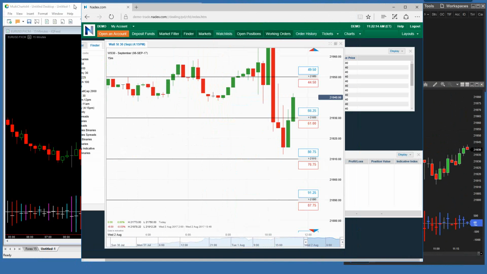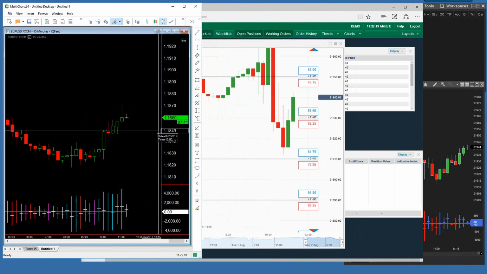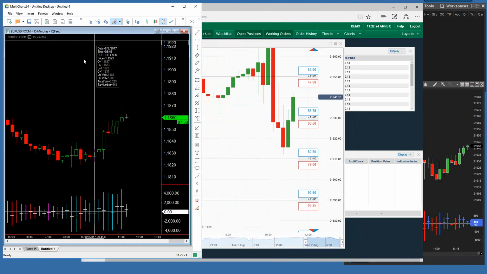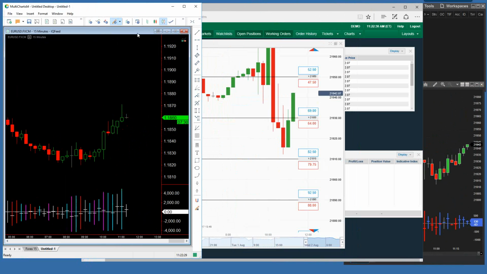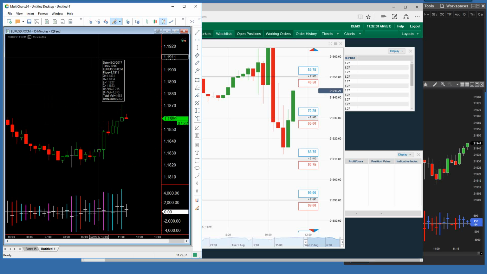The one thing nice about MultiCharts is that you purchase it outright, okay? And I can't really remember how much it is, but you purchase it outright and then you get free upgrades. That means that you own the software, and then if you want indicators, you just add indicators into it. It does come with a slew of them, and one of the things that I'm really impressed with is they started doing the cumulative delta and the volume profiles, okay? That is a very, very advanced method for charting